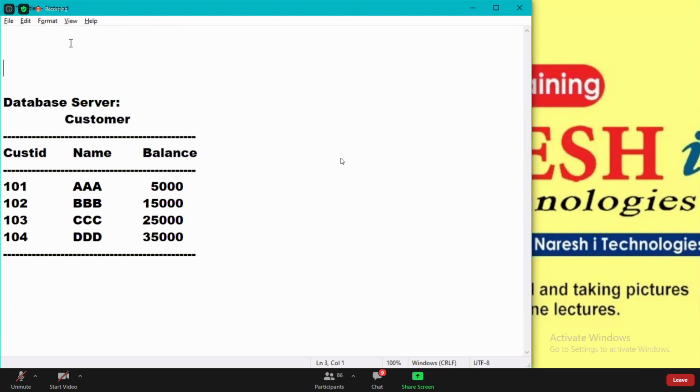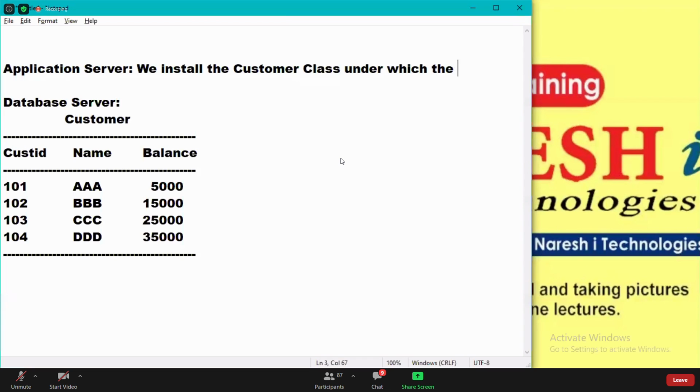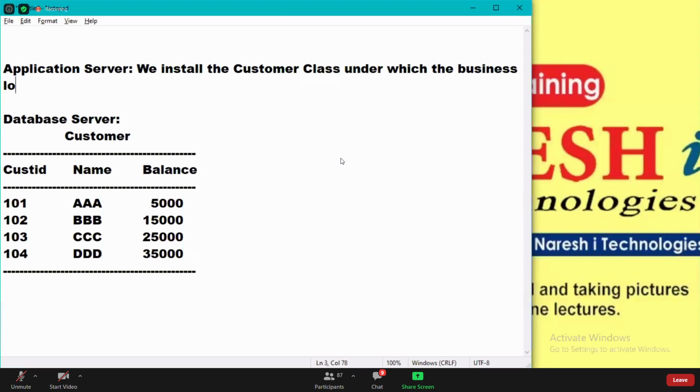And we have a computer called an application server, and on the application server, we install the customer class, under which the business logic is implemented.